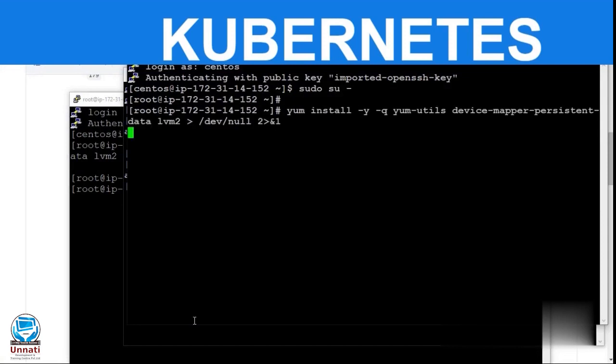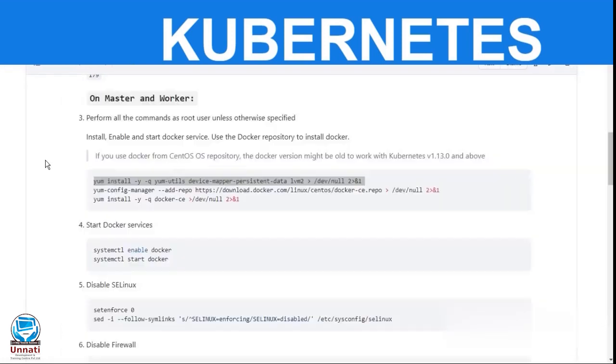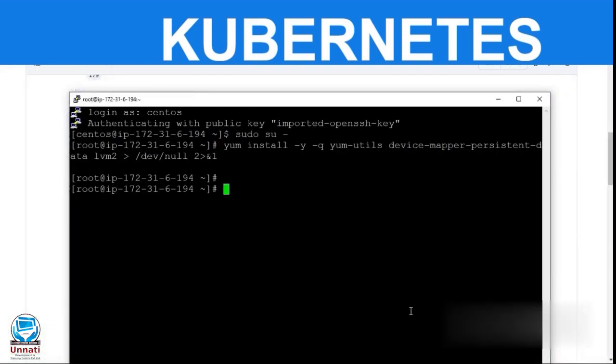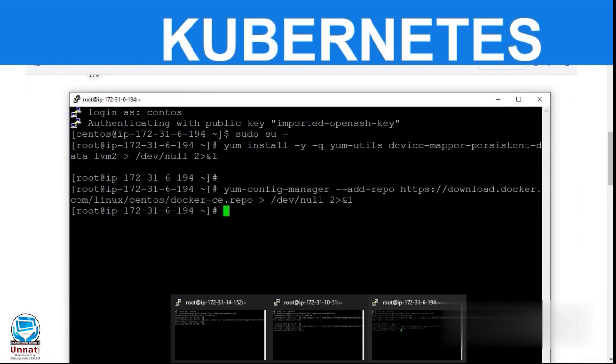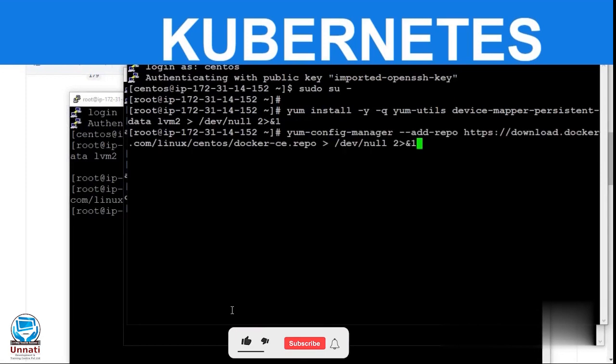After that we will have to install the configuration management of Docker before installing the actual Docker. Let me just copy it from the repository. Here you can see the configuration management file. You can copy here, pasting it on my master node, on my working node 1 and on my working node 2 as well.